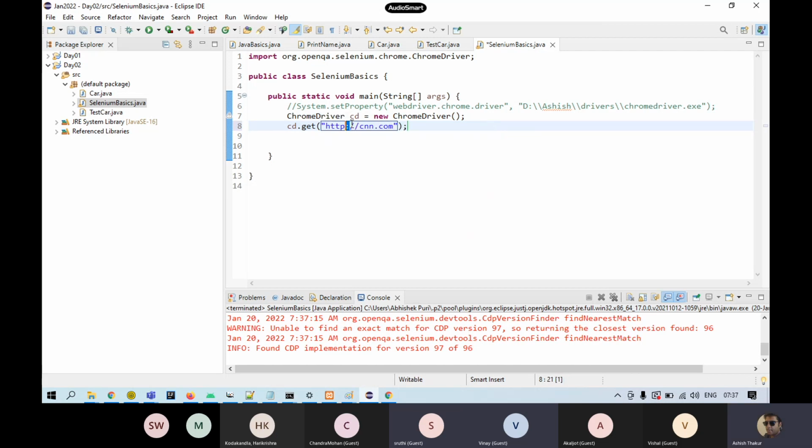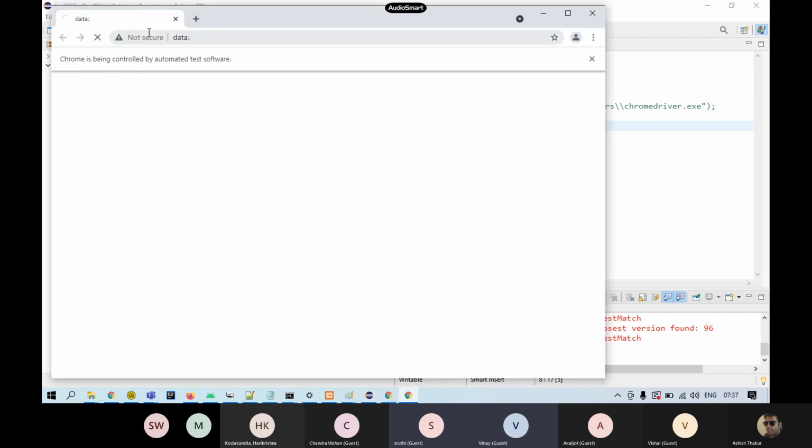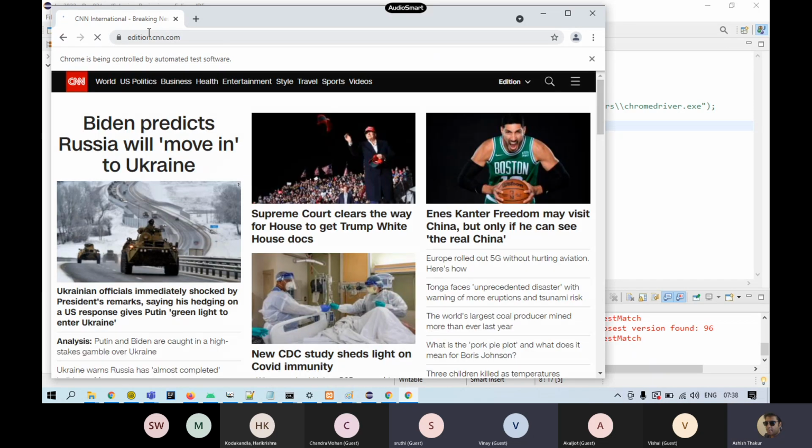Mentioning the protocol is important. Don't forget to mention the protocol. And when you run it, you see CNN is opening up. It is quite slow, this website, but